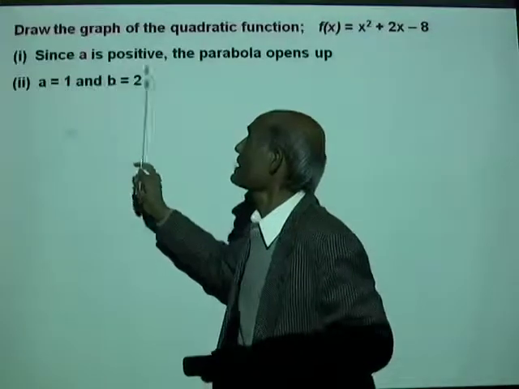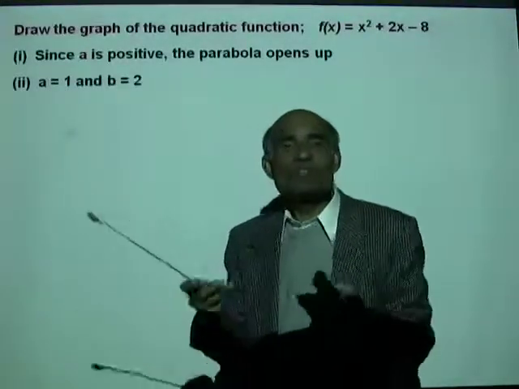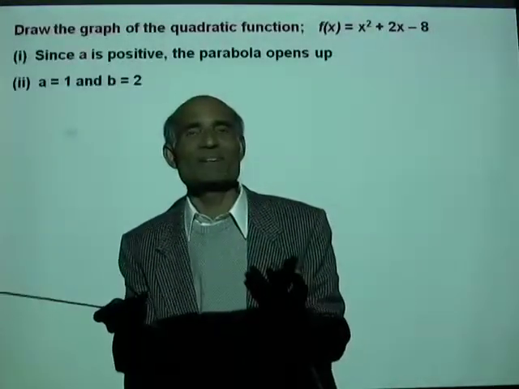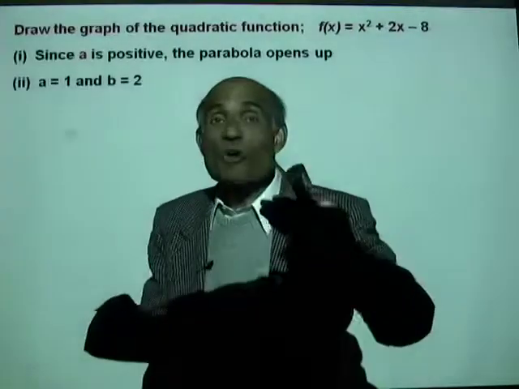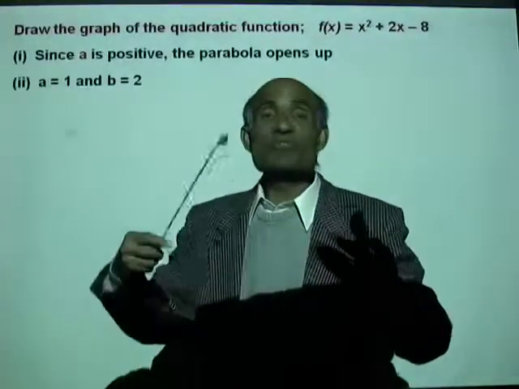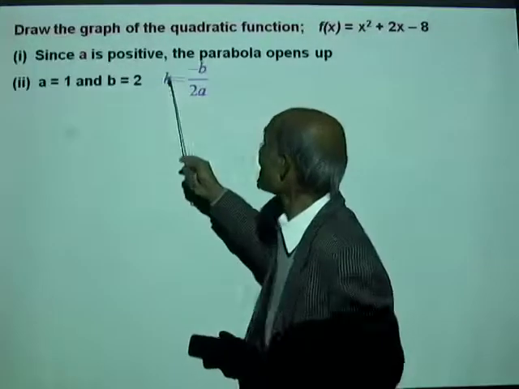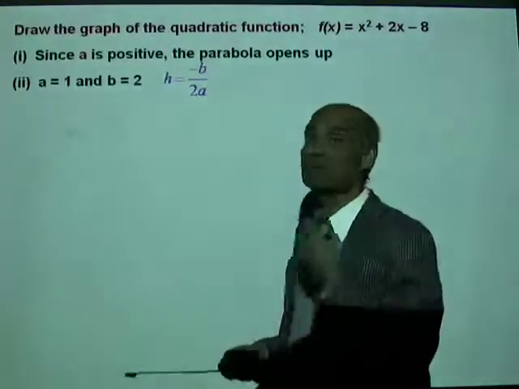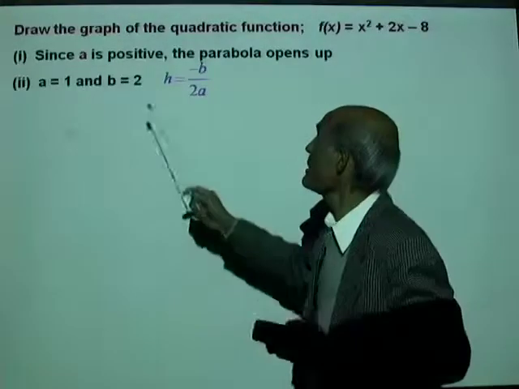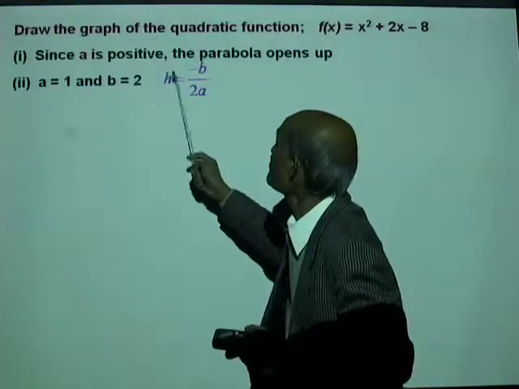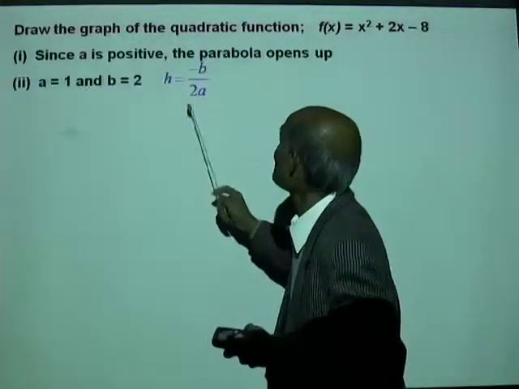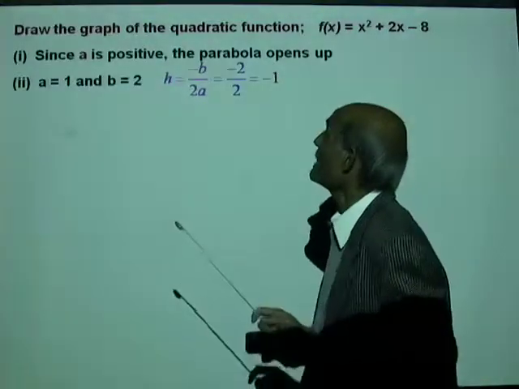Why do you need the values of a and b? To find the value of h. H equal to -b over 2a. So calculate h as -2 divided by 2 times 1,